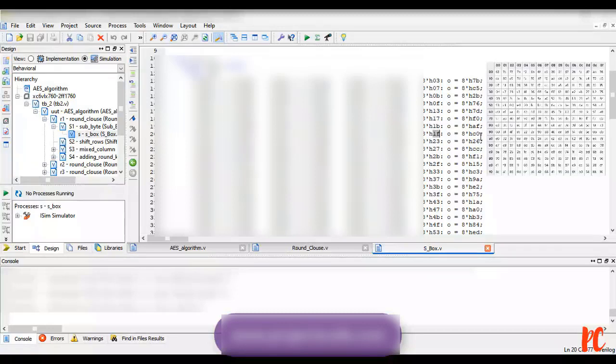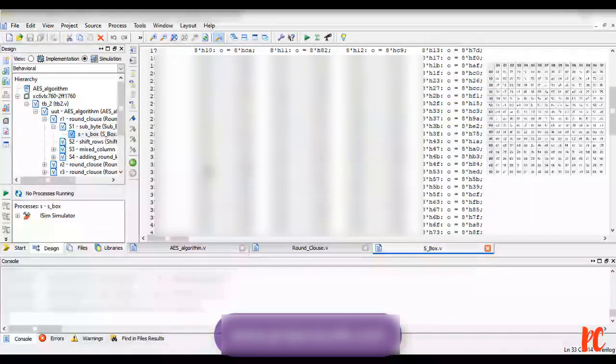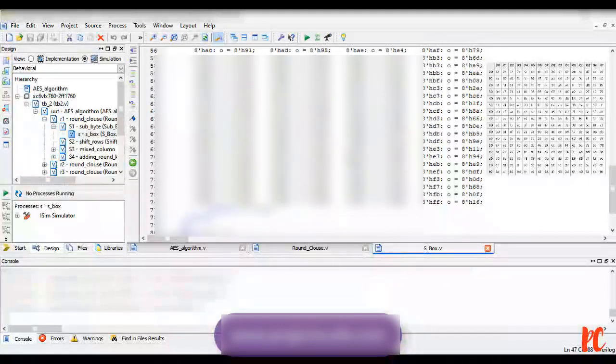Let me take arbitrary values. You can observe 5th row and 0th column we got the value 53. Observe there. Similarly 5th row 9th column we got the value CB. Likewise 8th row 8th column we got 7E. Similarly 8th row bth column we got 3D. Likewise, this entire predefined table is being written in Verilog using a case statement. You can observe, comparing with respect to your pre-computed values of the AES algorithm.